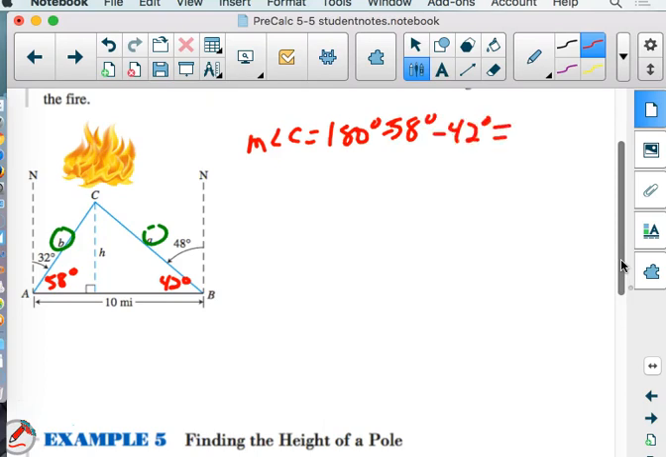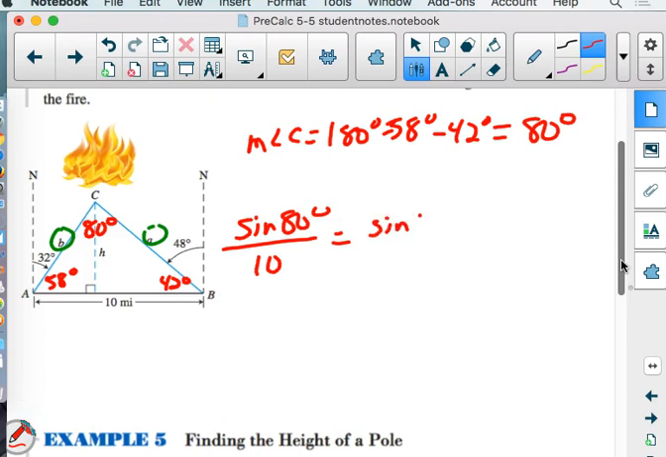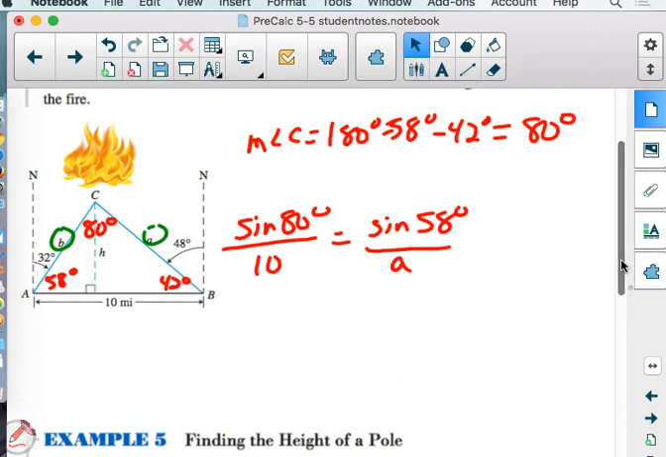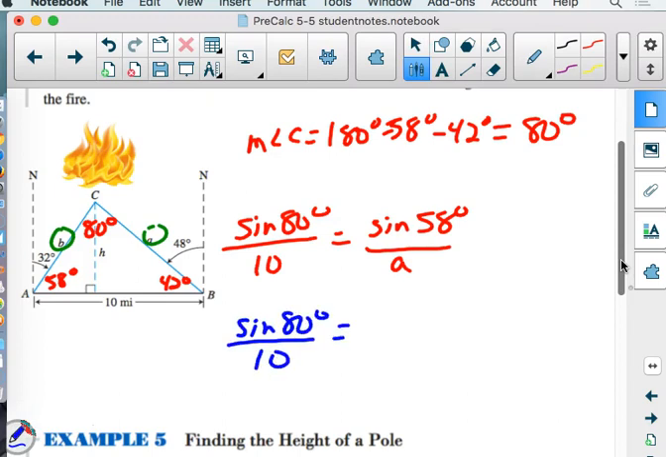What is it? So now we just need two of these. So we'll have the sine of 80 degrees over 10. And might as well do it in alphabetical order. We can go after A first. The sine of 58 degrees over 8. And then the next one will be the sine of 80 degrees over 10 equals the sine of 42 degrees